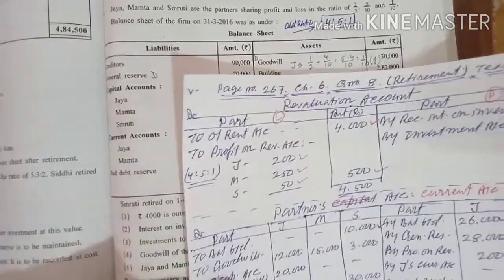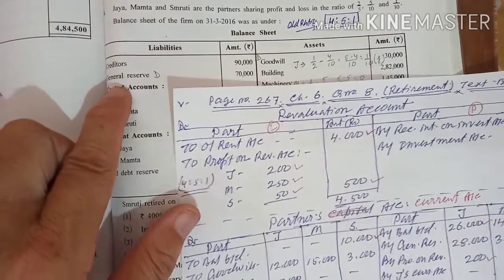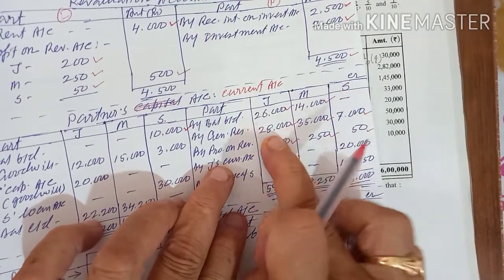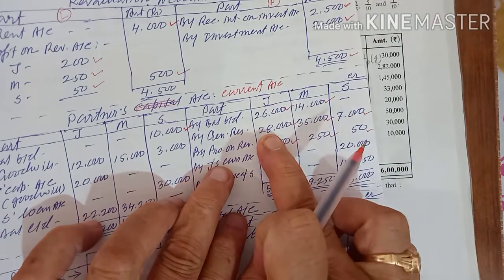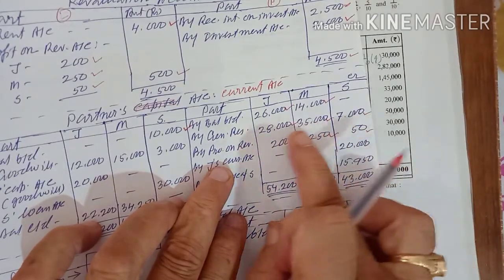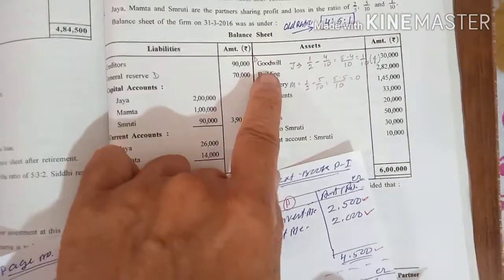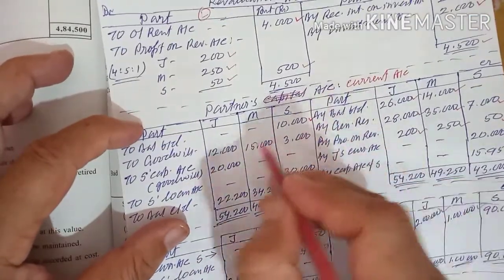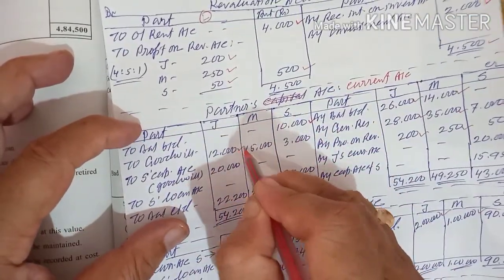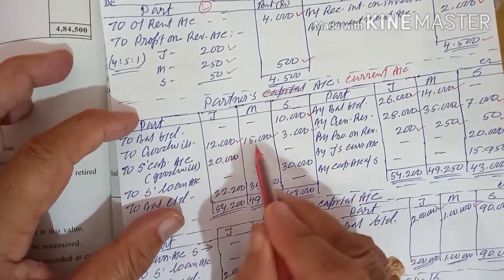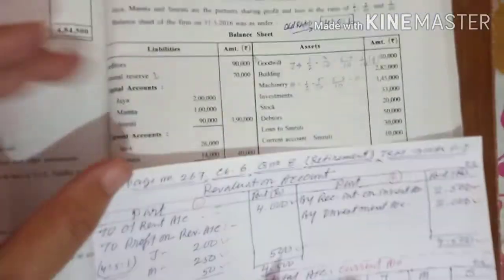How will we go? First we will transfer the balance that we have done, then we will go to the distributions. That is the 70,000 general reserve. This 70,000 is 28,000, 35,000 and 7,000, that is in 4:5:1 ratio. If you add 28, 35 and 7,000, you will get 70,000 here. This side nothing is there. Now goodwill, it is 30,000. 30,000 also you will transfer here, because goodwill is on the asset side, it will go to these sides. That is 4:5:1, 12, 15, 3 in 4:5:1 ratio. Balance sheet work is over.